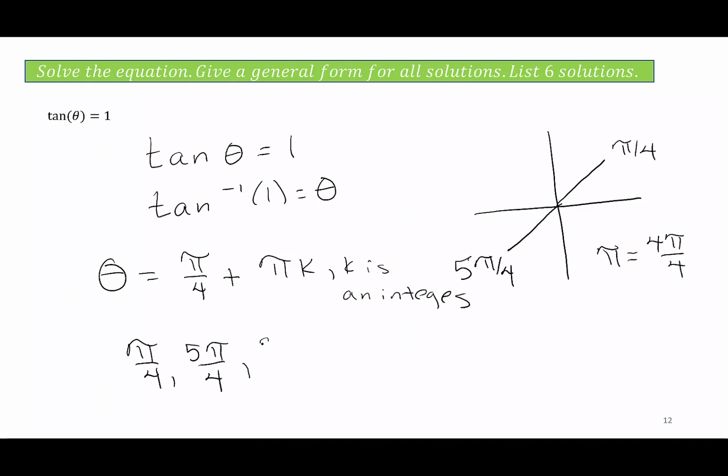4 plus 5 is 9 pi over 4. I add 4 more, there's 13 pi over 4. I add 4 more, there's 17 pi over 4. And my last one would be 21 pi over 4. I could have also subtracted 4 pi over 4 and got negative solutions, but I decided to use all positive